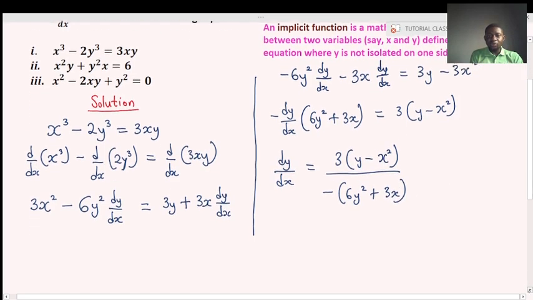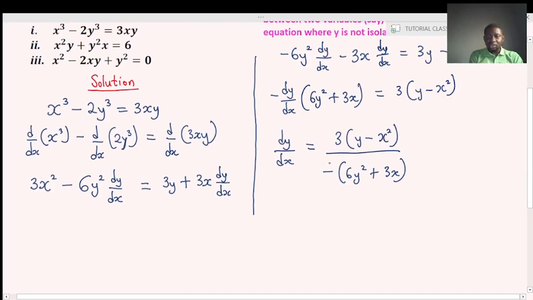It's easier to move further because I can turn this to dy/dx equals 3, open bracket, y minus x squared, right, minus. Observing this, you see that I can factorize this using 3. That will be 3, open bracket,